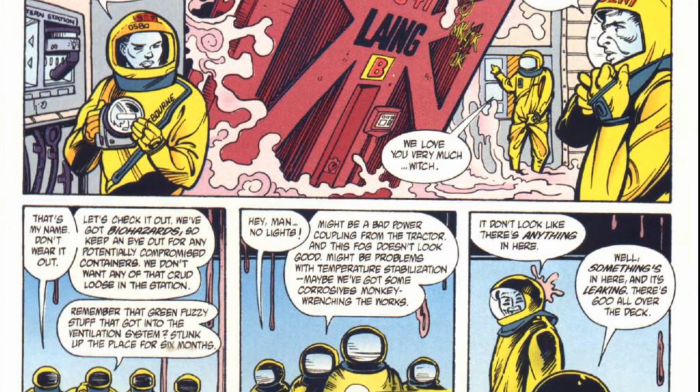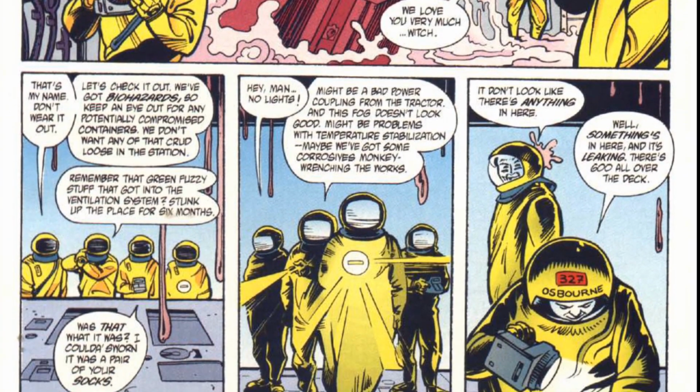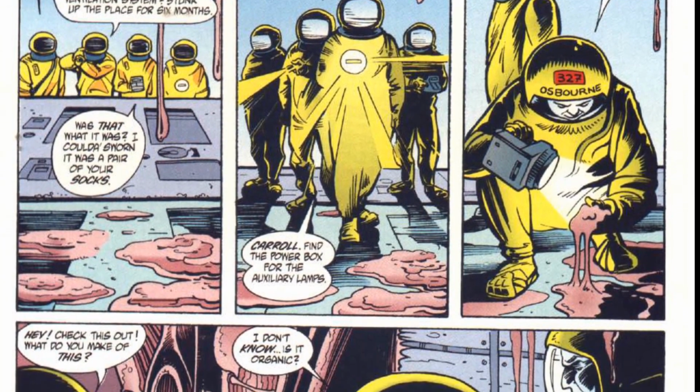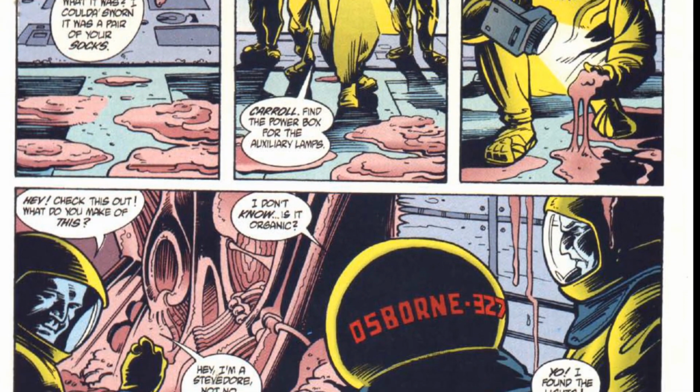Also, this art style is pretty bloody bad. It's not horrible, but damn is it unappealing to look at. And guess what? Like with the covers, it is pretty bloody inconsistent. After the crew opens up this garbage barge, the xenomorphs proceed to kill just about everyone on the station, and